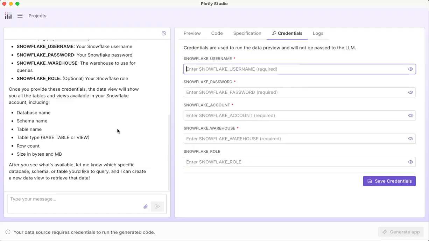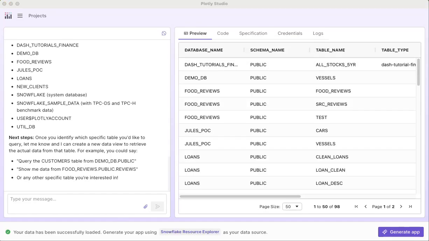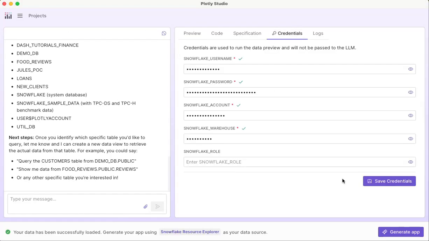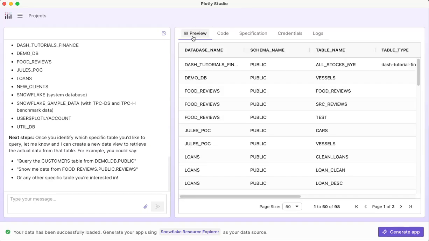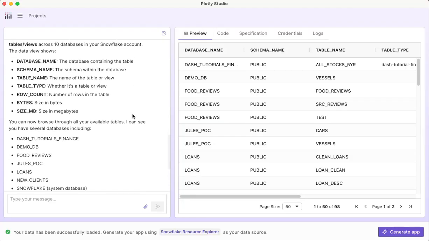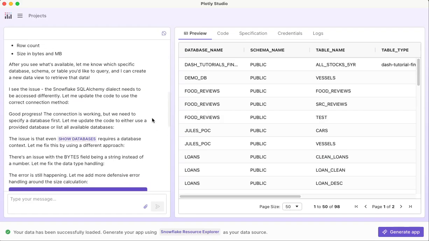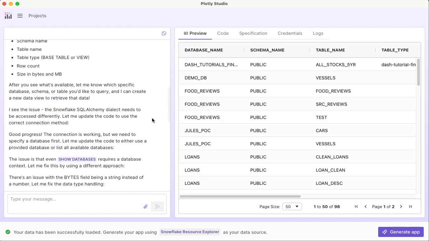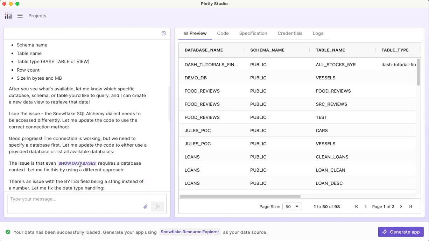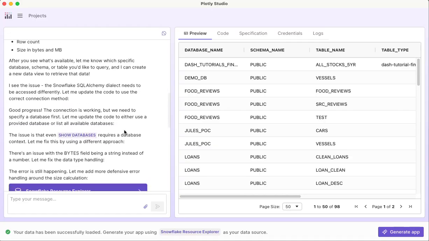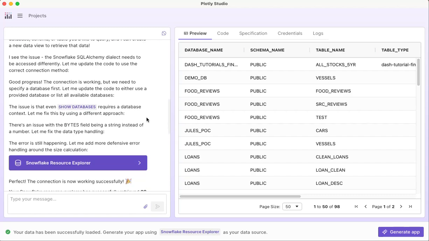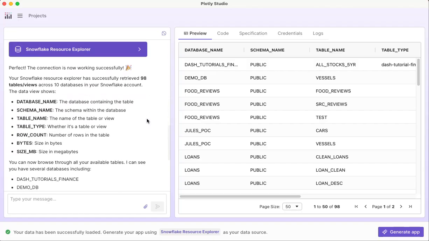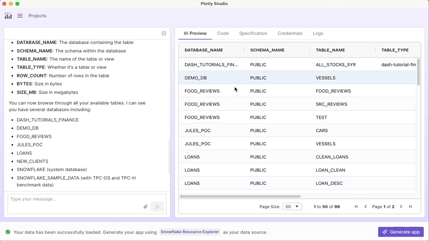All right, so if I want to connect to Snowflake, give me one second while I grab some credentials, and then we will run a query. One sec. Okay, I have entered in my credentials over here and saved them. And after I did that, it then connected to Snowflake, and it actually hit a few errors, right? And this is a great example for me to show you how that agentic workflow works. So once I've connected, it tried to run a show databases command. Turns out it needed to make a few changes in the code in order for that to work. No problem. It then did another loop, fixed some code, and now, bam, now I've got my database here ready